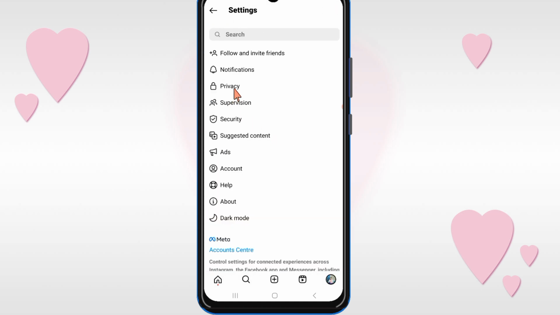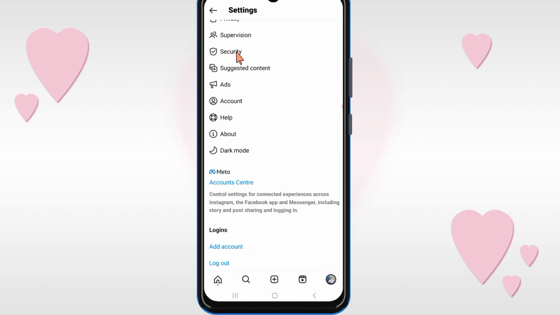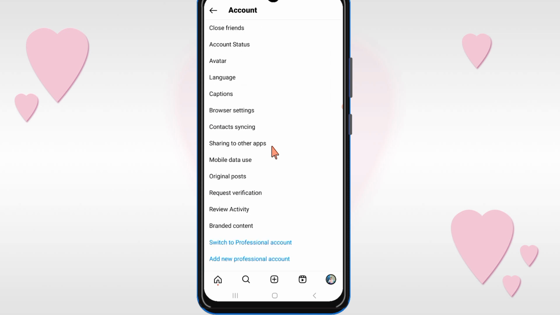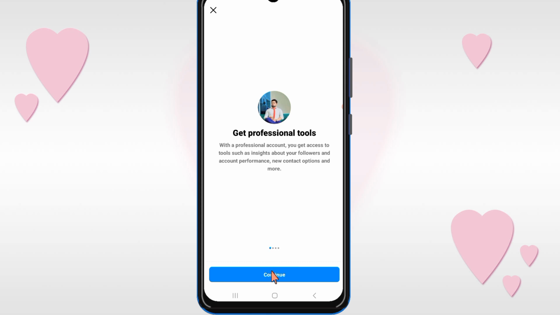and here click on account options, and here click on switch to professional account, and then click on continue. Again continue it,